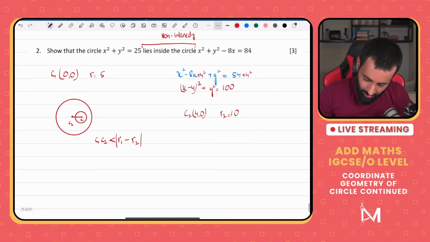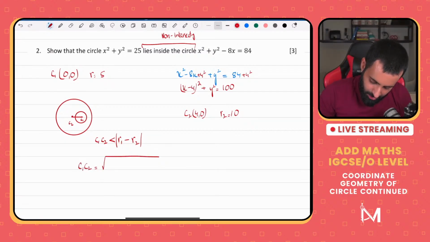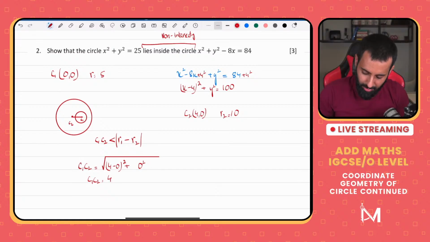Okay, so let's find out. C1, C2, let's find out the distance between the two centers. That would be 4 minus 0, the whole thing squared, plus 0 minus 0, or simply 0 squared. So 4 minus 0 is 4, square of which is 16, square root of which is 4. So the distance between the two centers is 4 units,